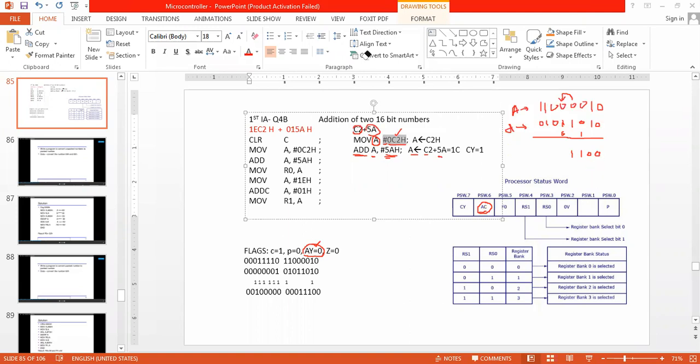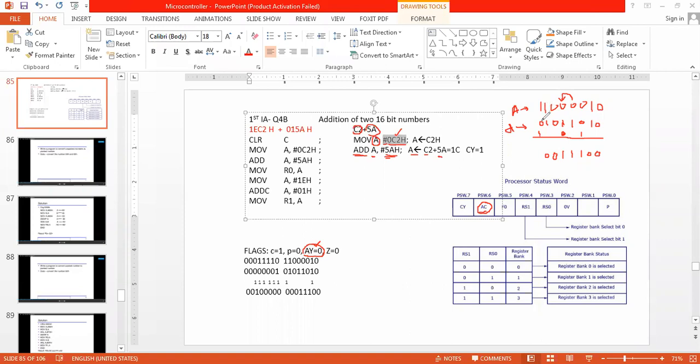Then this is going to be 0. Then 0 plus 1 plus 0, sorry, it is 1. So 0 plus 1 is 1. 0 plus 0 is 0. 1 plus 1 is 0, carry 1.